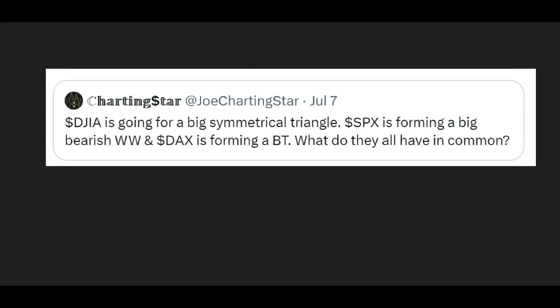I said the DJI is going for a big symmetrical triangle, SPX is forming a big bearish Wilbur wave, and DAX is forming a BT, which is a broadening top, also known as a megaphone pattern. And what do they all have in common? I gave you the answer a couple of hours after. They all are missing a new high. And now